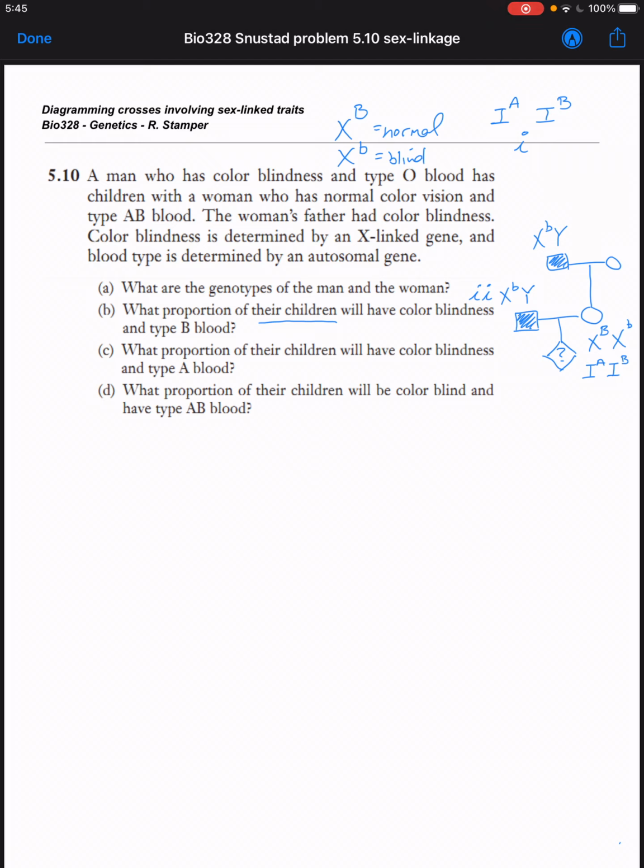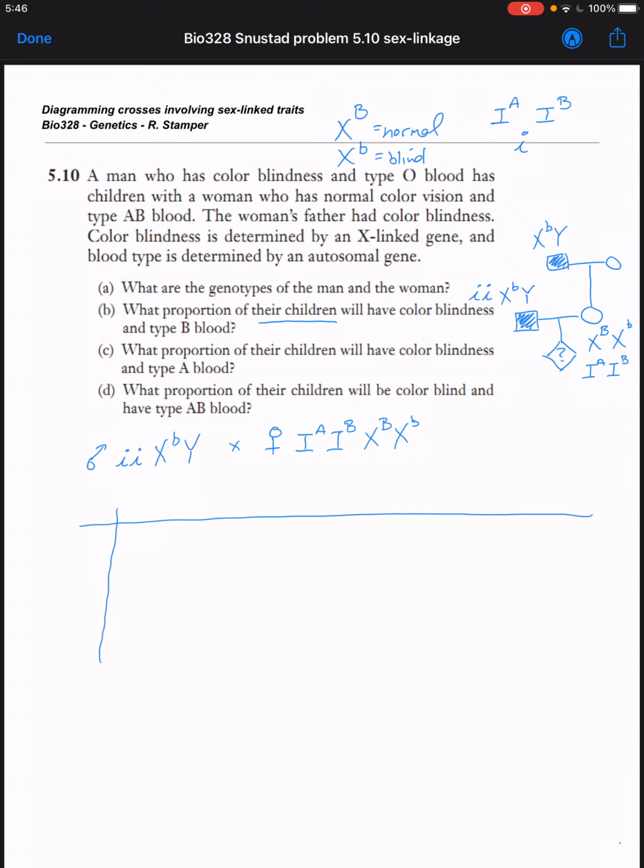So we have two choices. Basically, we have a cross that looks like this. We have the male that is type O blood and colorblind, crossed with a female who is type AB blood and has normal vision, but we know she's a heterozygote. She's a carrier for the colorblindness allele. We could do a dihybrid Punnett square, and that would be totally fine, especially simplified by the fact that the male only has one blood type available. So if we did that,